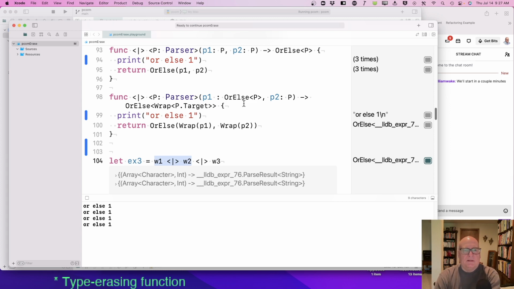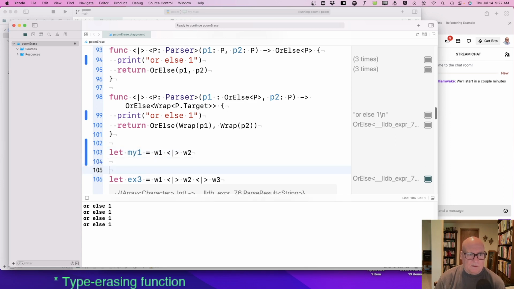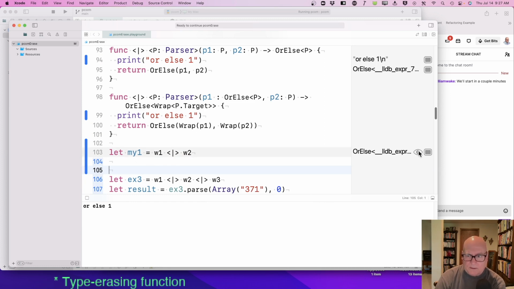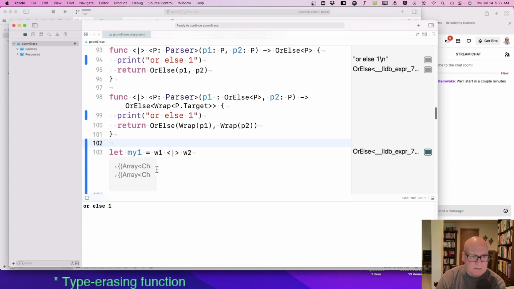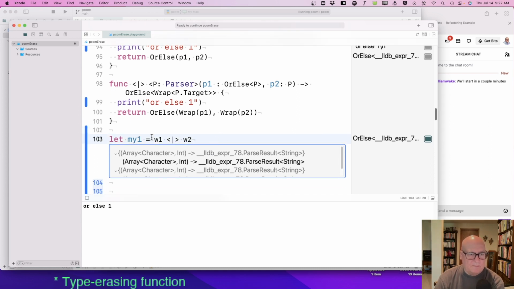Why is it not triggering? So I would have thought that the result of W1, W2, let's say my 1 equals W1 or W2. Now, I would think that is an OrElse, yes. Okay, with the two pieces. And nothing but an OrElse. So two OrElses with a parse result of string, which is what W1 matches, is a wrapper type.